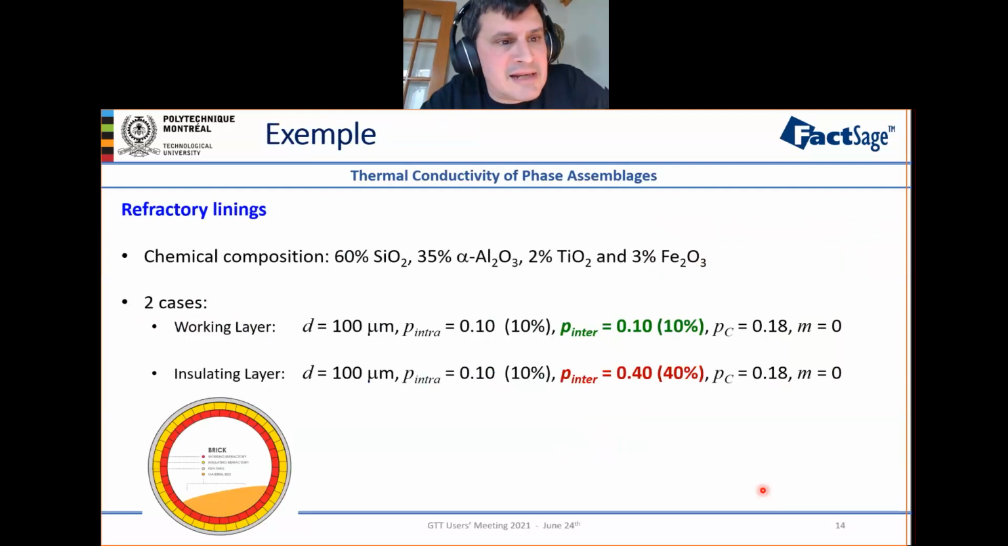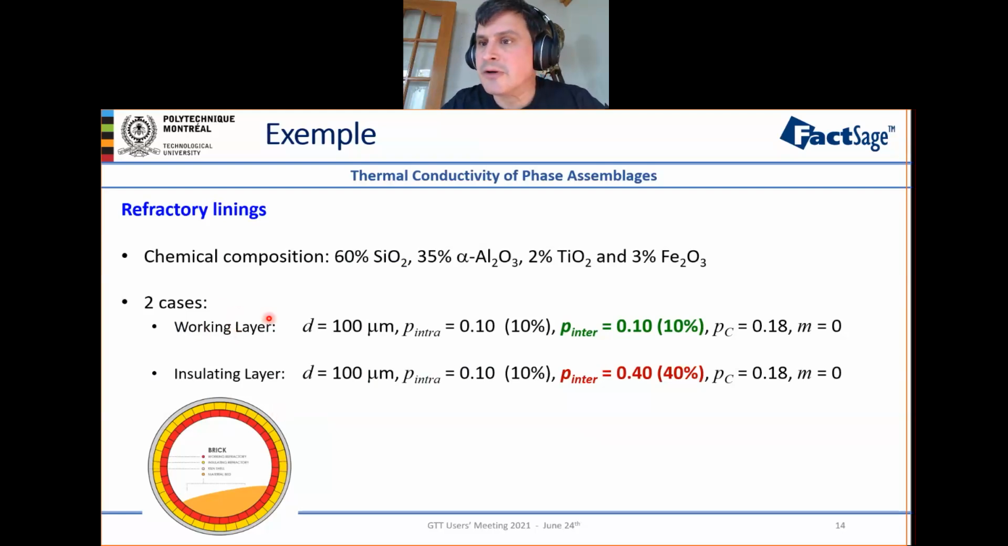So as an example, we will take a refractory lining. Of the 488 compounds which we evaluated, there are many oxides. So we'll have a refractory lining composed of 60% silica, some corundum, and impurities of rutile and hematite. And what I want to highlight here is we will use the Equilib output with 2 different microstructures, one involving